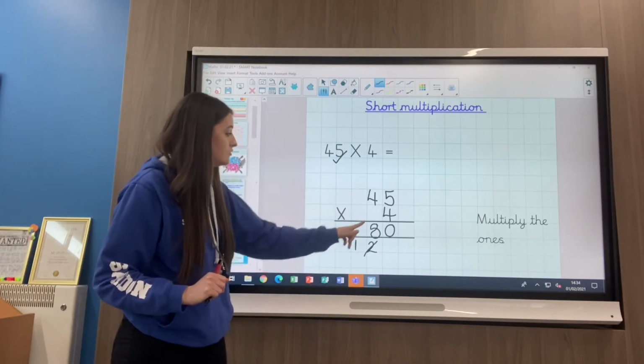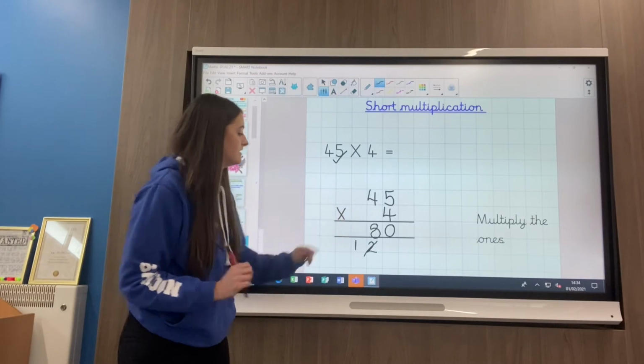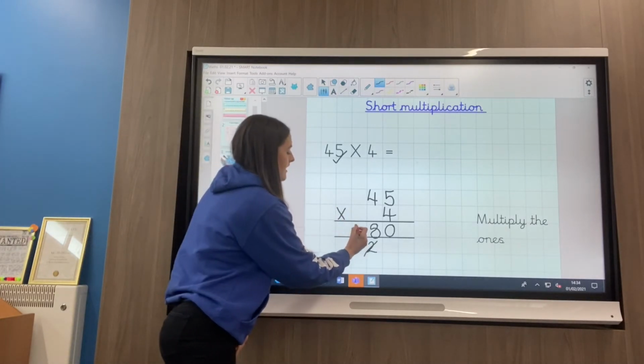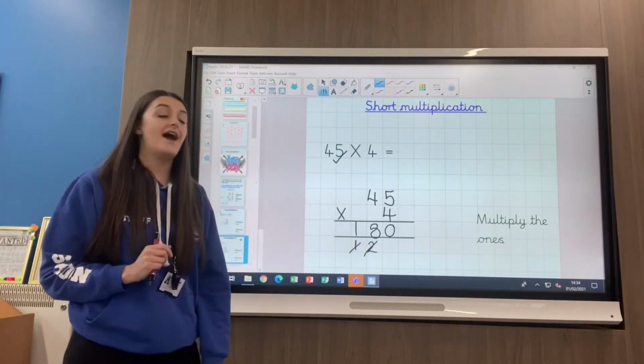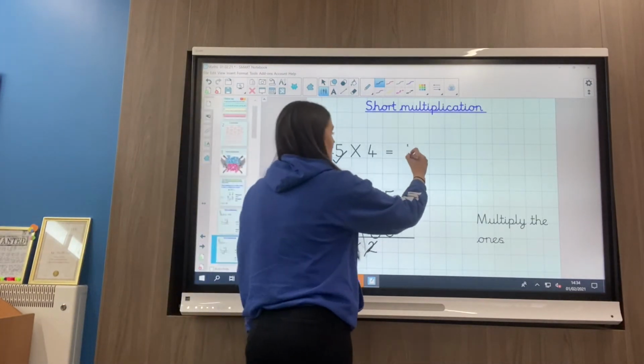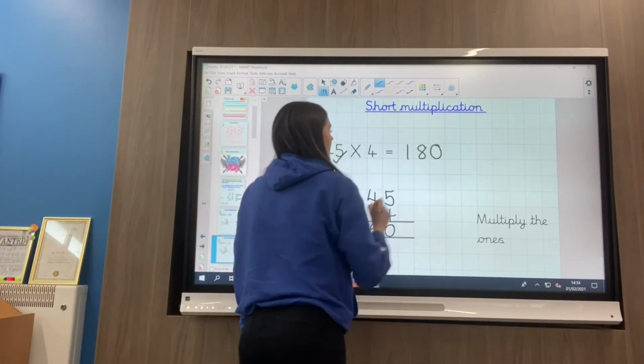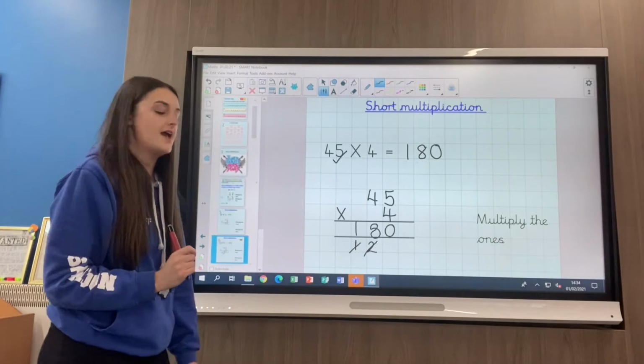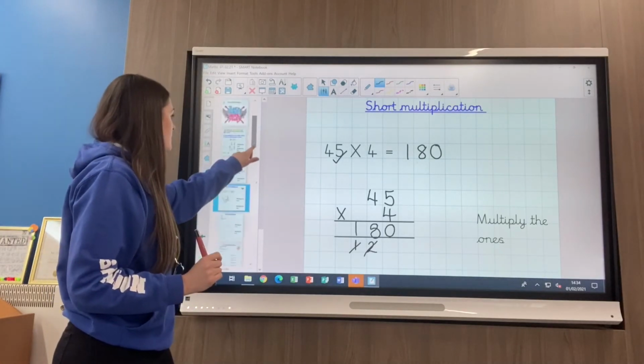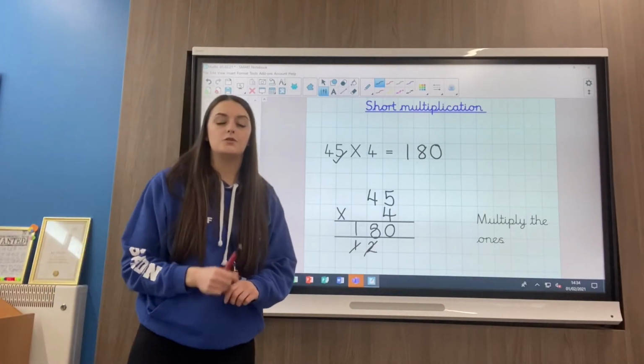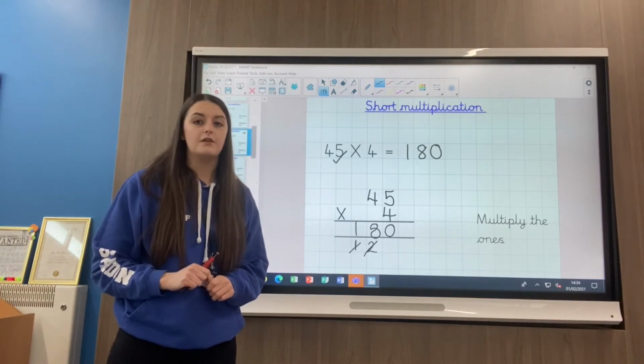Oh, I've got no hundreds left to multiply. Nothing to, just this 100 here. So I'm going to add it on, and my answer to 45 times 4 is 180. Okay? Now, if you've got your whiteboard with you and your whiteboard pen, or you haven't, just pause the